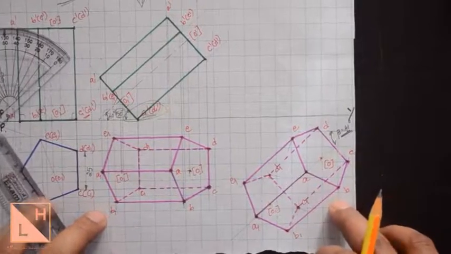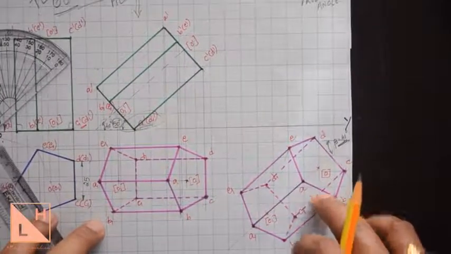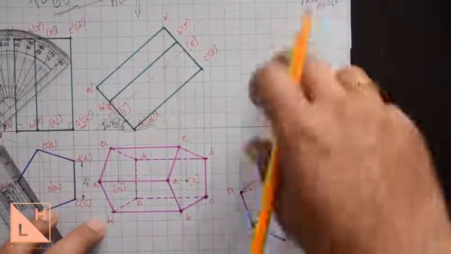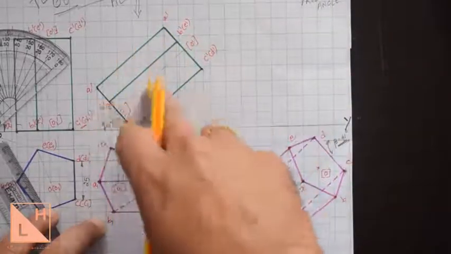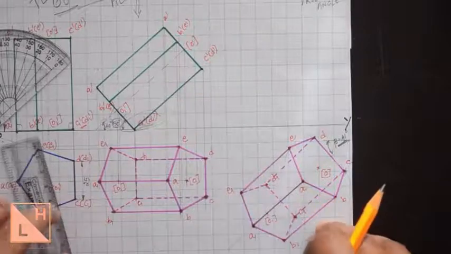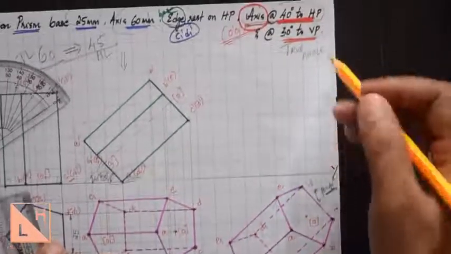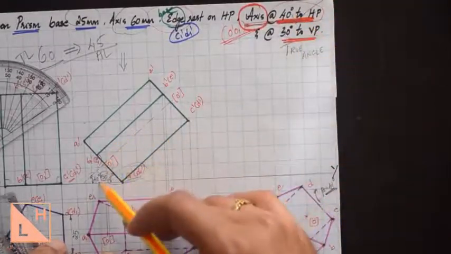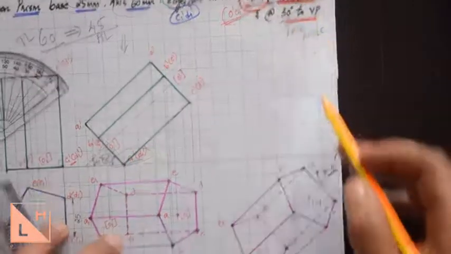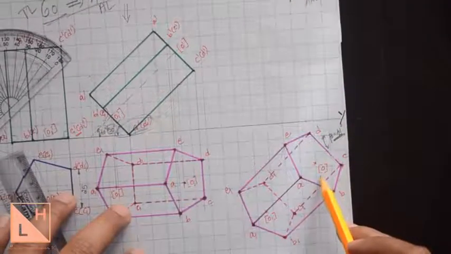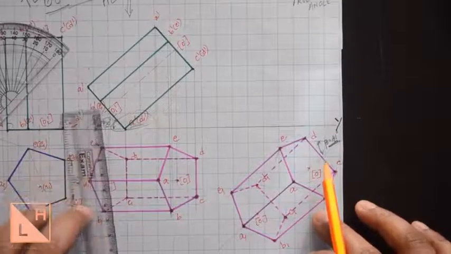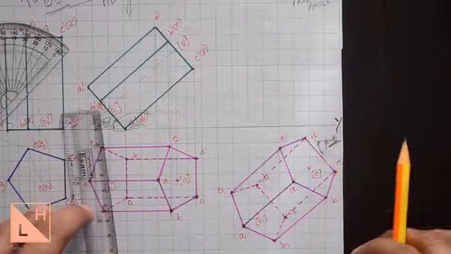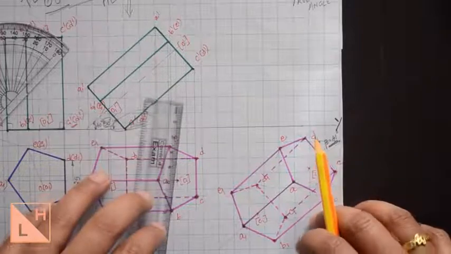And to generate the final position, we have to draw projection lines from every point and connect it to the projection line from the previous front view of the particular problem, right? So we have applied 40 degree to HP over here, and we have done with 30 degree to VP by finding out the beta angle in the third position here. So let us draw the projection lines from every point. Remember to connect every point and name it immediately to avoid your confusions.